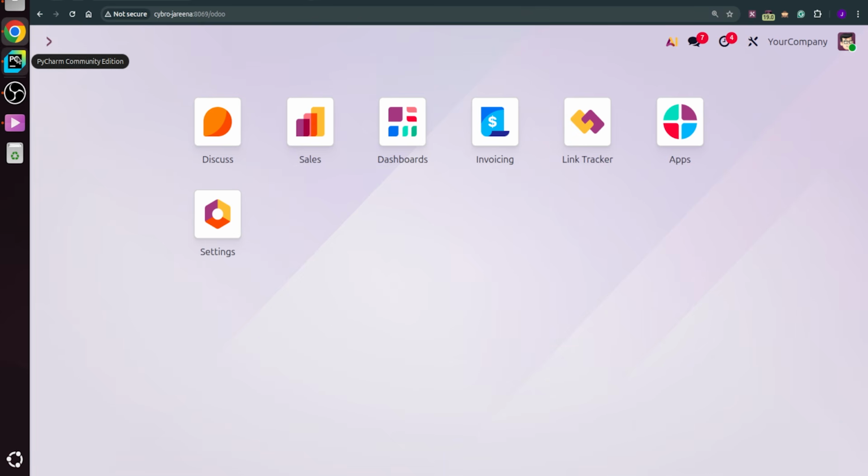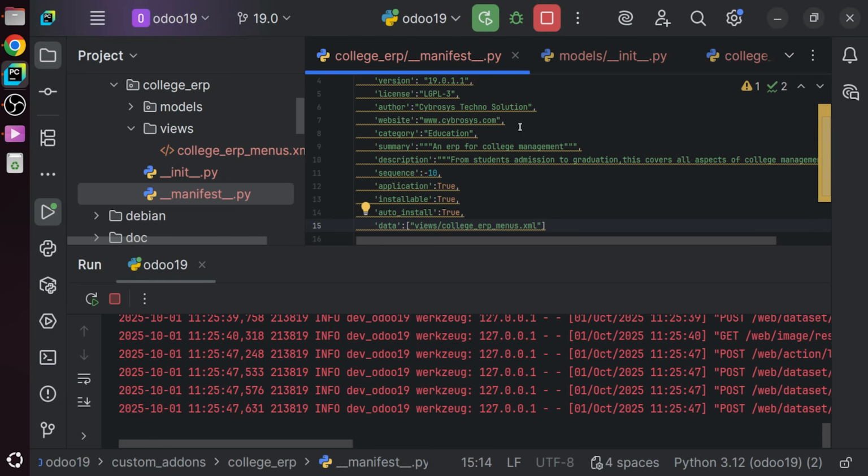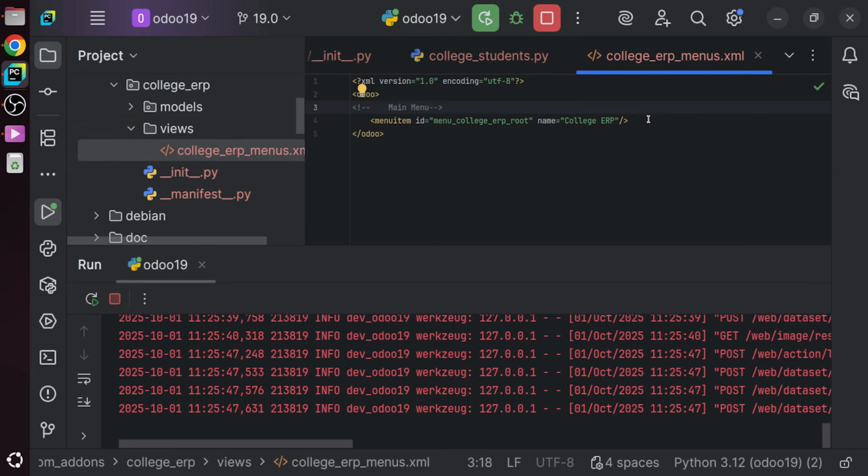So let's move on to the PyCharm again. And here we can find the college ERP menus.xml. Again, let's navigate into there. And here I just want to create a sub menu. So if I want to create a sub menu, first let me provide a comment over here that it's a sub menu,